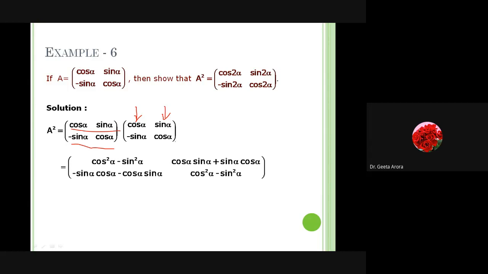of cos 2 alpha. Cos 2 alpha is cos square alpha minus sin square alpha, and here if we see, we can sum them up to get twice of sin alpha cos alpha, which is the formula for sin 2 alpha. Here also we are getting the same thing, but with the negative sign, minus of sin 2 alpha, and it is same as cos 2 alpha, the earlier expression we have. So you must be aware of the formulas that we have learned in trigonometry. Be sure to remember that, because only then can you go through the solution.